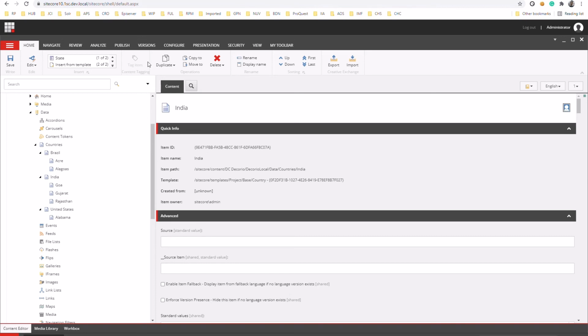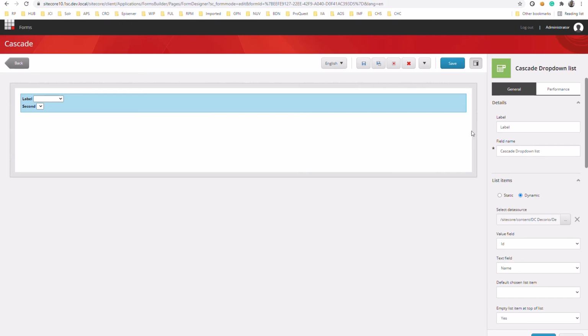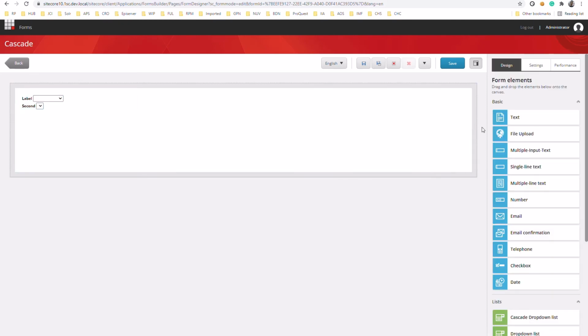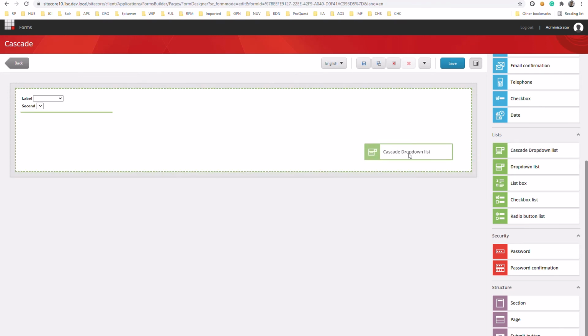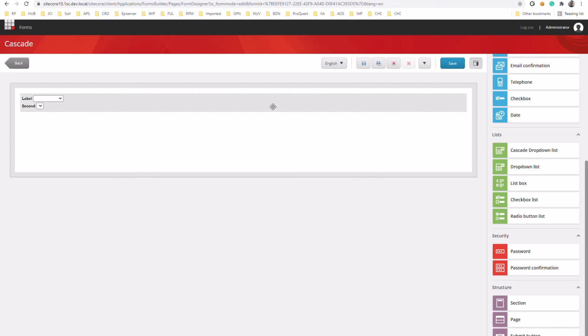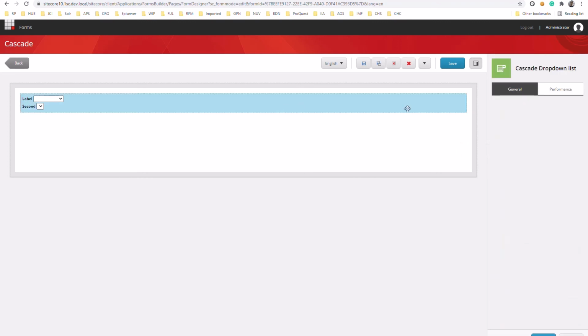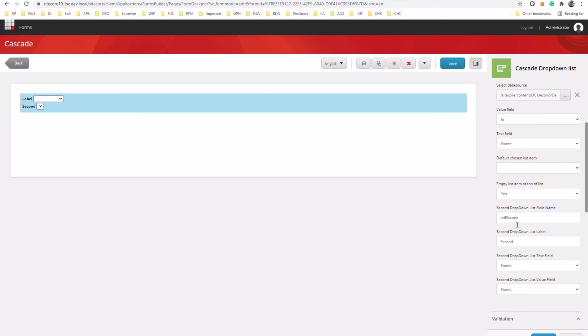Now we go to the form designer, and on this page you will see a cascade drop down list. You can drag and drop this to the left hand side form, but I have already added that one. So let me show you what it contains. These are the 4 fields that we have created, holding the second drop down list field name, second drop down list label, second drop down list text field.